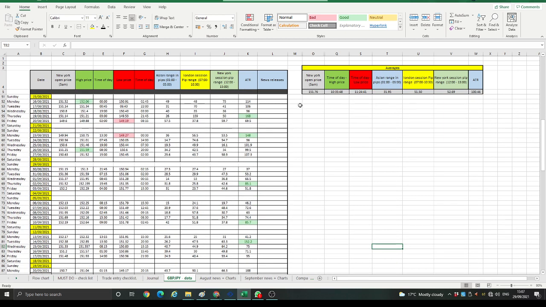Up here I've just got the averages, so I can see the average high that is formed for this pair is normally at around 10:30, 10:35. So if you were looking at a weekly sell model, looking for a Monday or Tuesday high of the week, you could be going into the Tuesday and waiting there looking at the charts from 10 to 1, understanding that the high of the day is most likely to be formed at around 10:30, and then you can look for manipulation or a stop run into something like a higher time frame